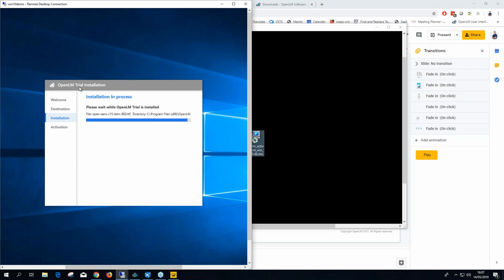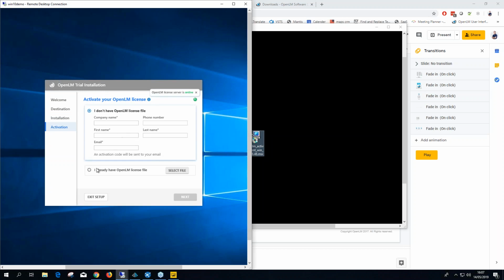So right here you see I'm installing a trial version. Now we give out a 30-day trial. The trial version has everything inside it, all the extensions all set up. You have I think 25 or 100 different users for you to play with. You can monitor 10 different license managers, 10 different vendors. So basically it's a full system. It's not a full implementation because you don't install 100 licenses now, but